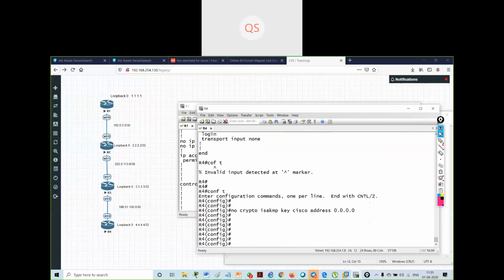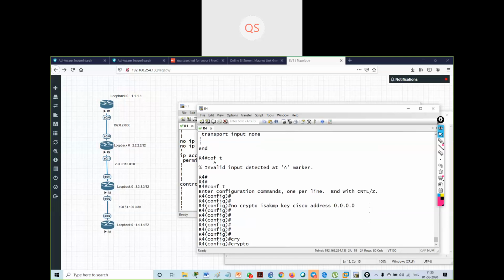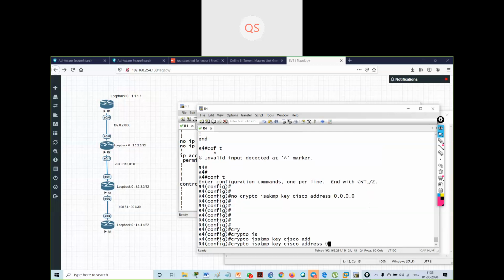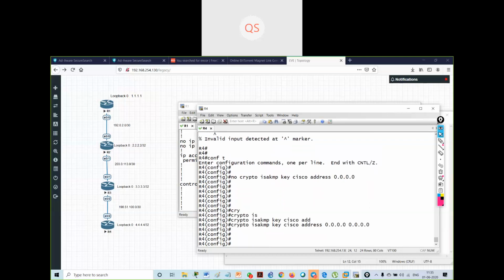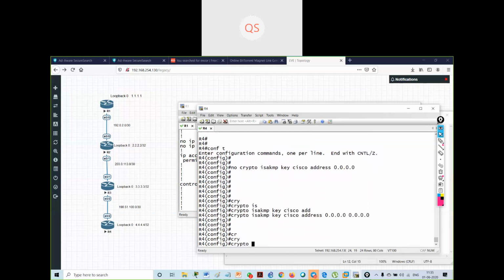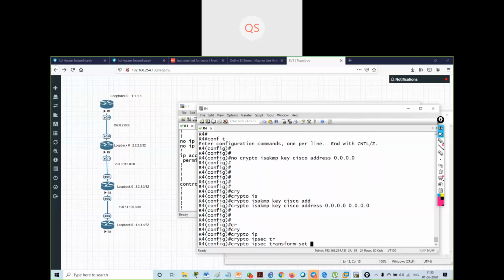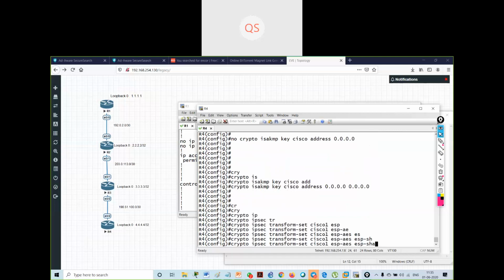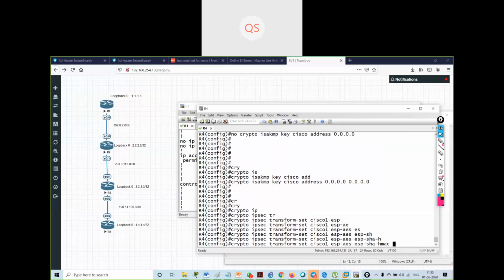Then I will create the same configuration over here. ISAKMP key Cisco. The key should be the same. Address is 0.0.0.0. Then I will create a transform set: crypto IPsec transform set. The transform set name is Cisco1, and I will say ESP AES, ESP SHA HMAC.